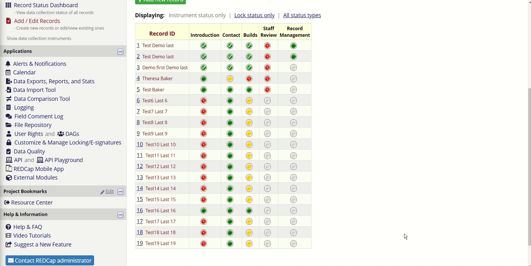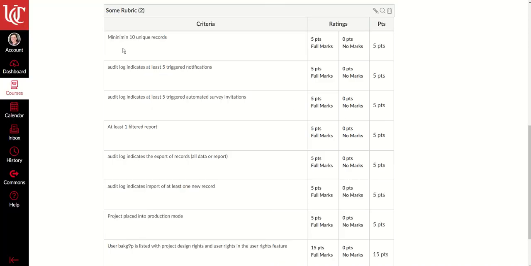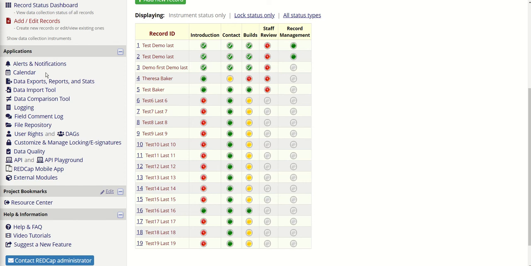Okay, let's go take a look at our rubric. So we added 10, we added more than 10. It says minimum of 10. Now we need to do an audit log that indicates at least 5 triggered notifications. Did I build that? Okay, so